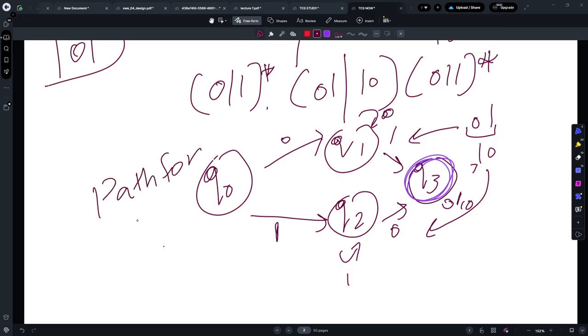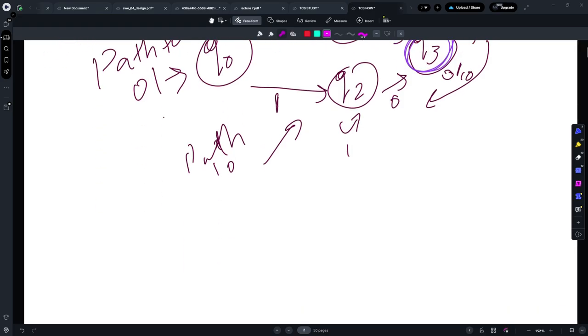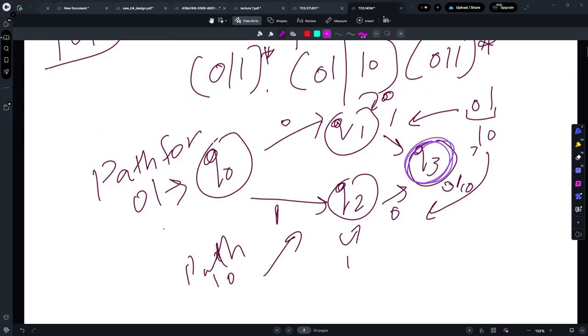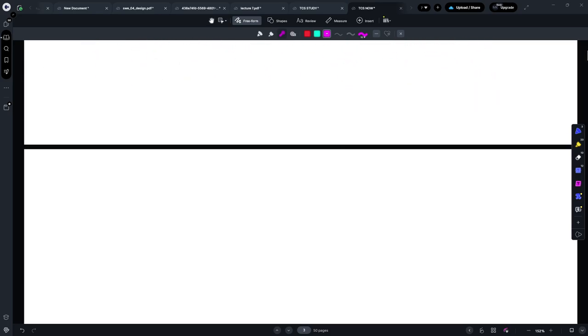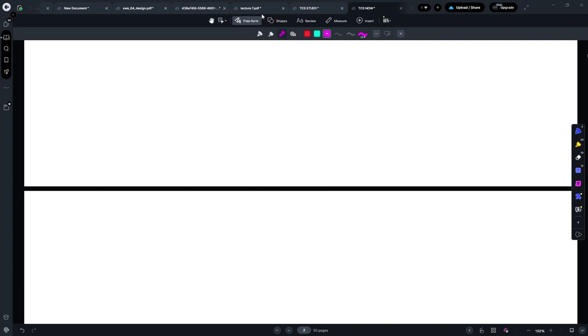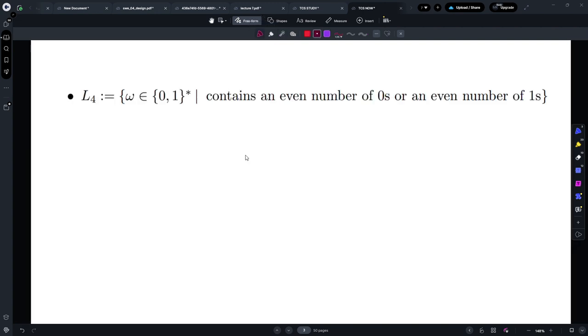Path for 0, 1. This. And this is path for 1, 0. See, you can clearly see that 1 and 0 and 0 and 1. And that's the minimal idea behind it, to design it for the minimal and then force the pattern on it. So now it says that it contains an even number of zeros